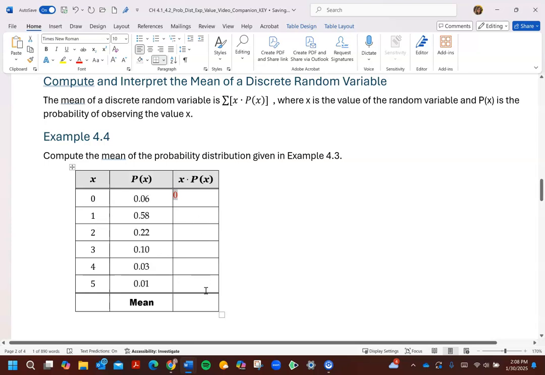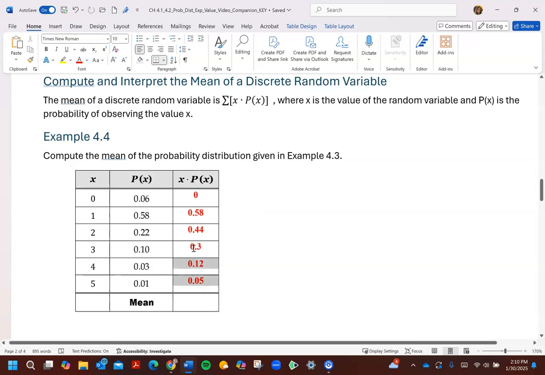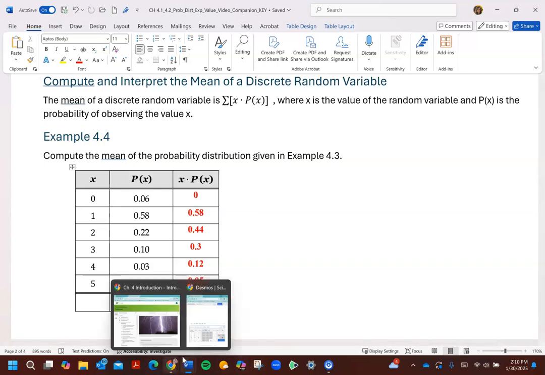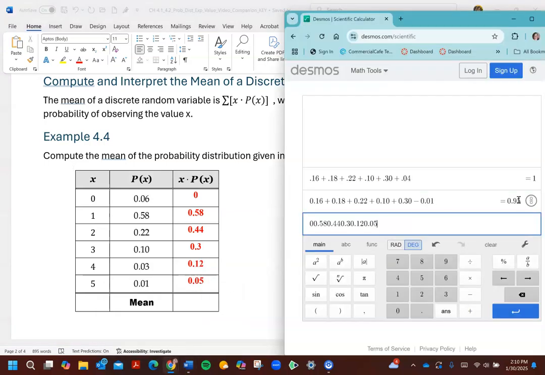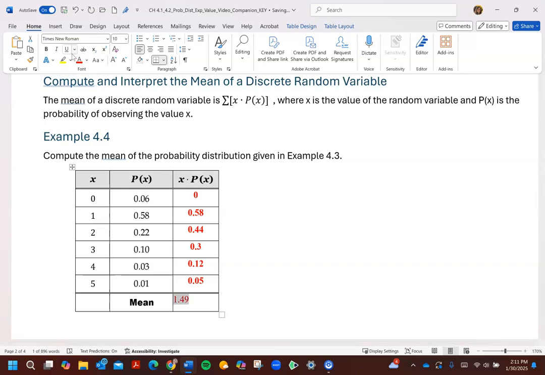Go ahead and fill out that far right column to get the product of the random variable value times the probability. I've filled these in, reading down that far right column: 0, 0.58, 0.44, 0.3, 0.12, 0.05. If we add all those up, I'll quickly show you in Desmos. You can copy and paste and then put your symbols in, or just retype it. I get 1.49,